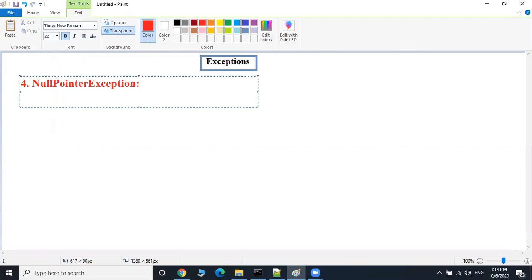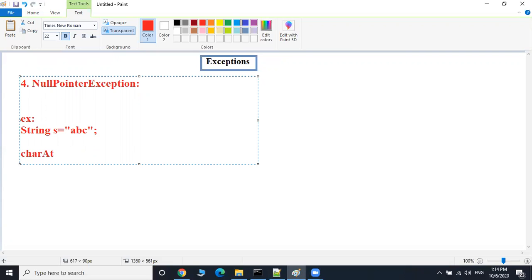Now, for example, if I am declaring a string here, String s = "abc". Strings are treated as objects here. For example, I am printing the characters.